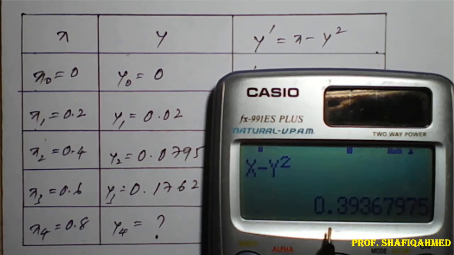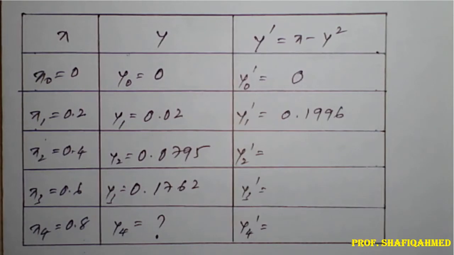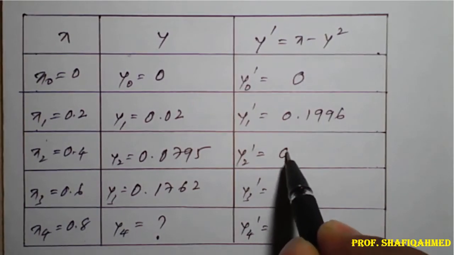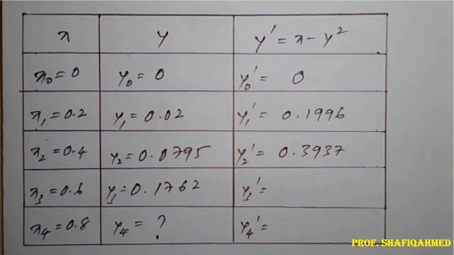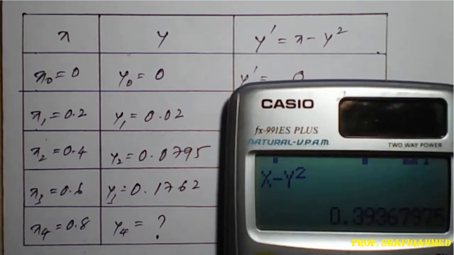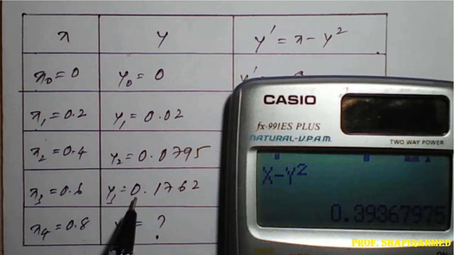So the value will be 0.39367. So I will round up. It will be 0.3937. Next, when x is 0.6 and y is 0.1762,